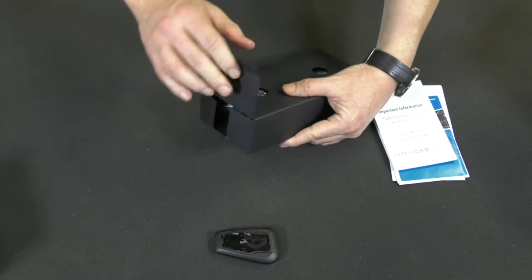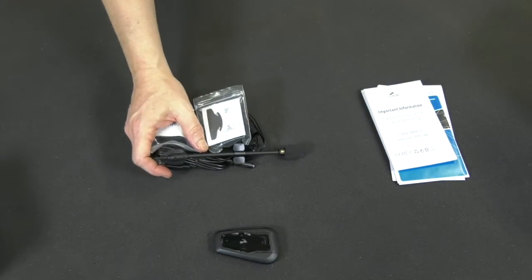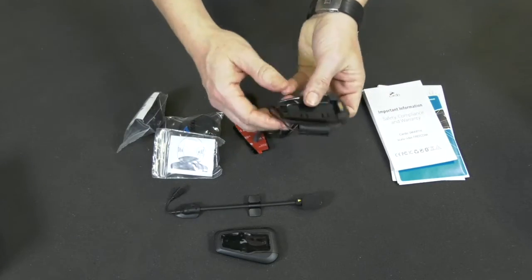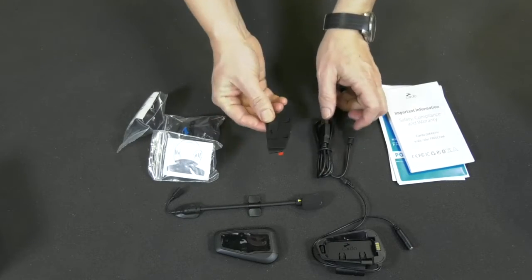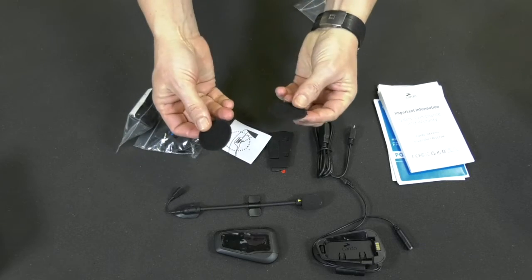Inside the accessory box, you'll find all the gear you'll need to install FREECOM 1 on your helmet. A hybrid boom microphone, FREECOM cradle, USB cable, glue plate to be used with certain types of helmets, a set of 2 speaker relocators,